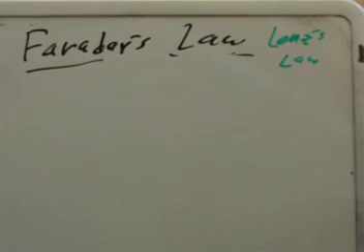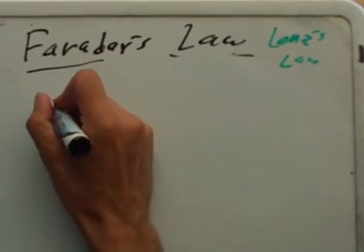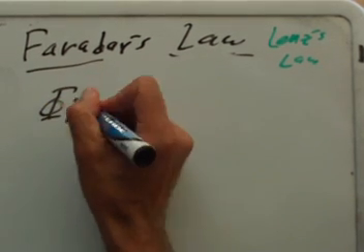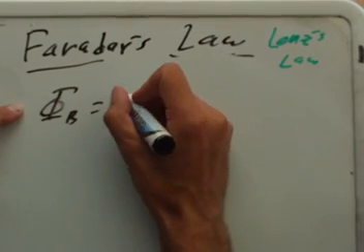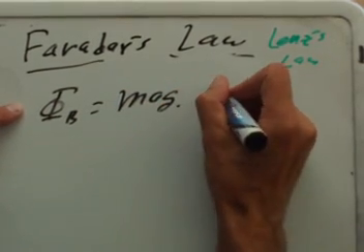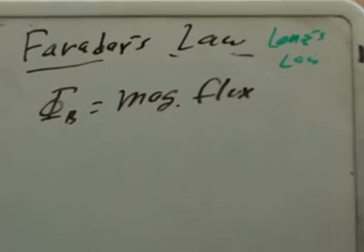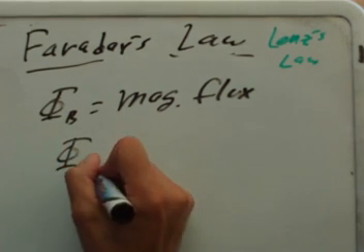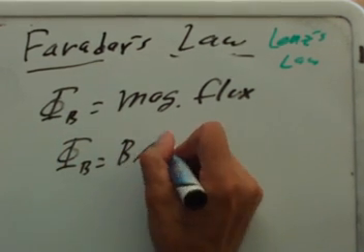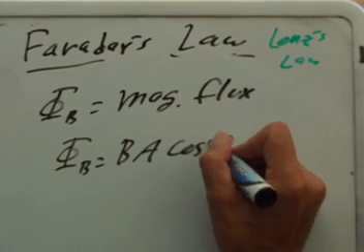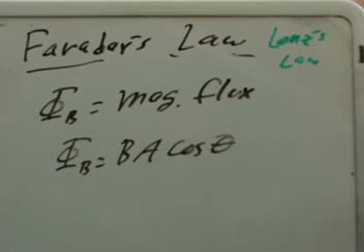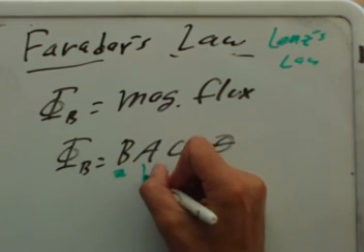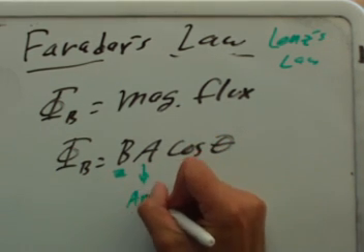But let's first get a little lesson on what that magnetic flux term is. Phi sub b, uppercase phi sub b, is magnetic flux. So what does it refer to? The definition, probably the best one to think of here, is that it's magnetic field times some area times the cosine of the angle between the B field and the area. The B is the most obvious term, that's the magnetic field. And this one right here is the area